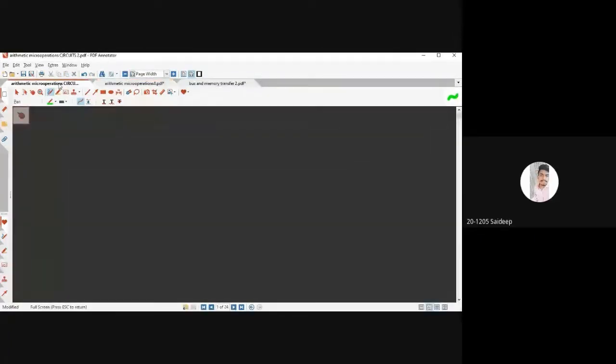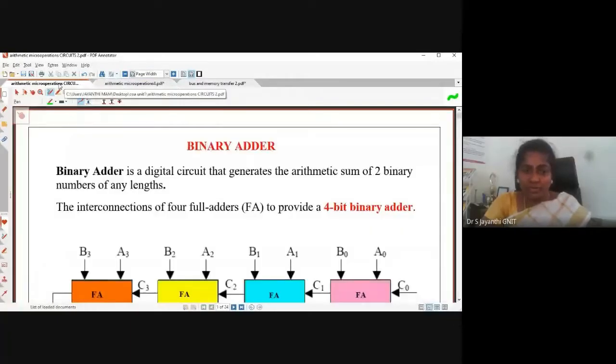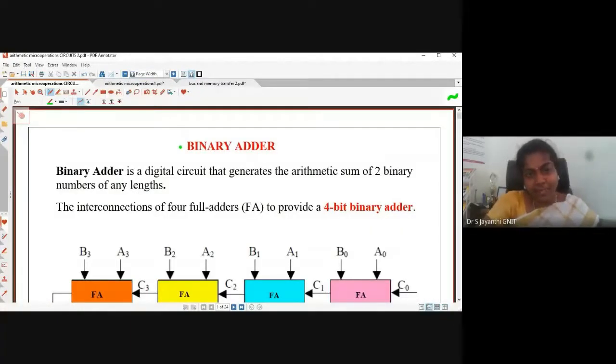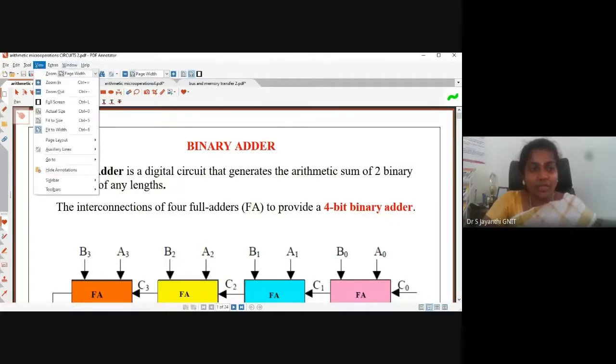Addition, subtraction, increment, decrement, one's complement, two's complement. Am I right, students? This is what we discussed. Today, we are going to discuss